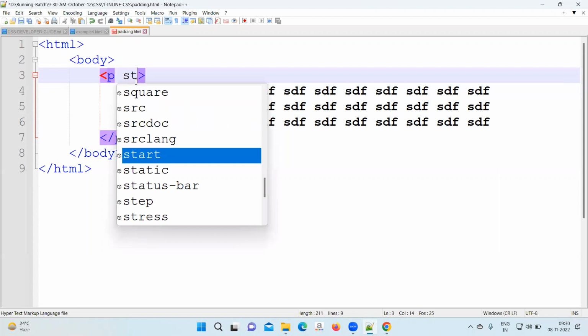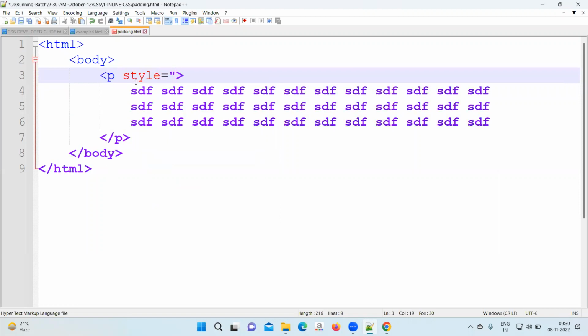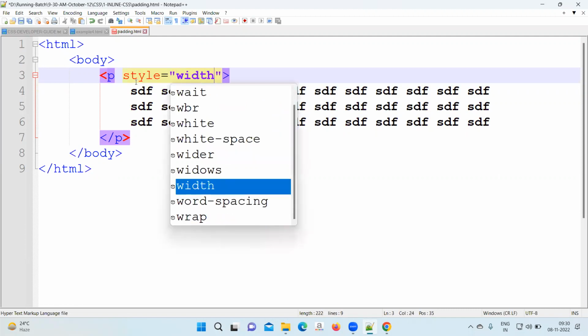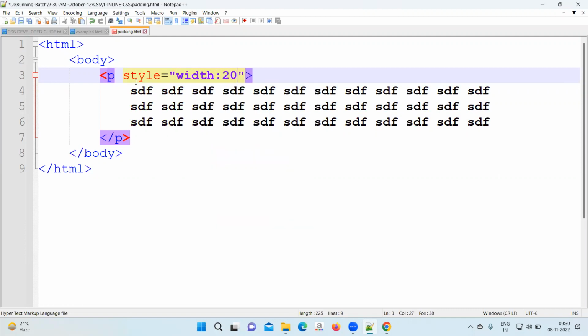For that, style equal to, assume, 200 px, and after that